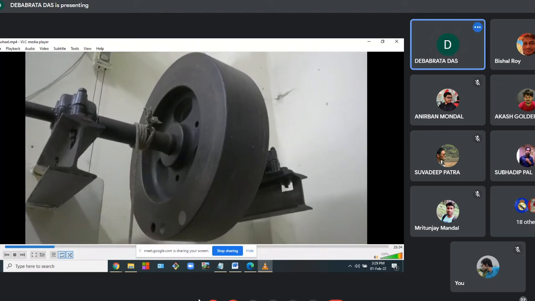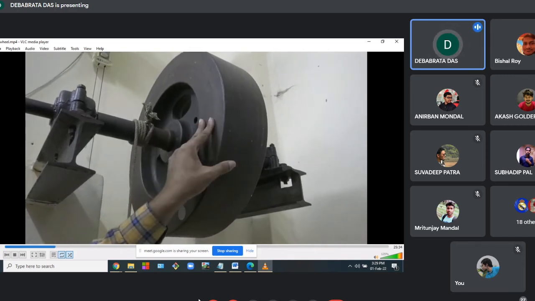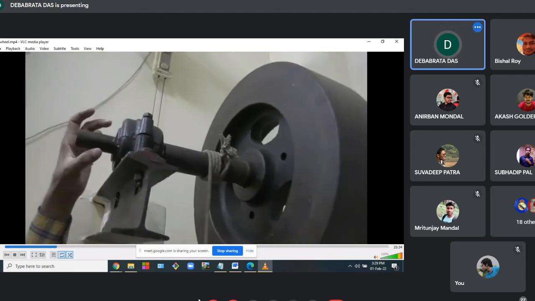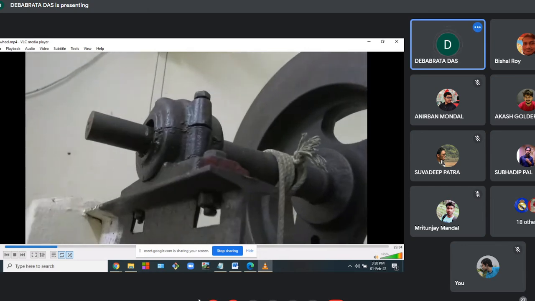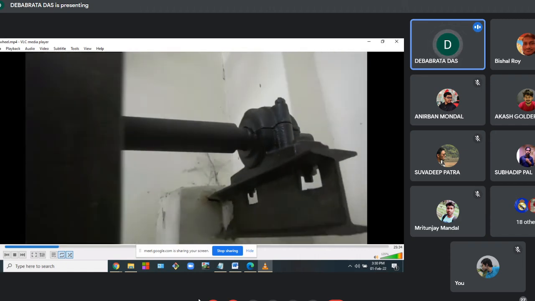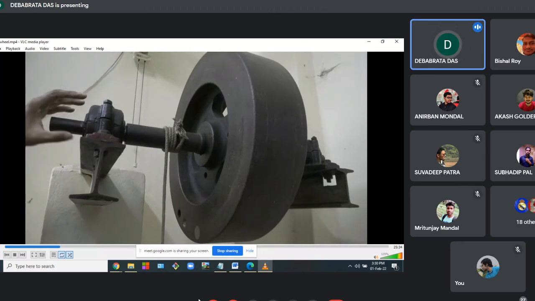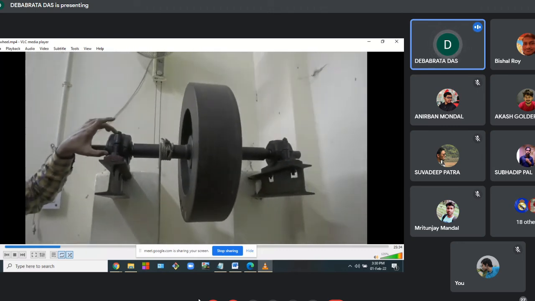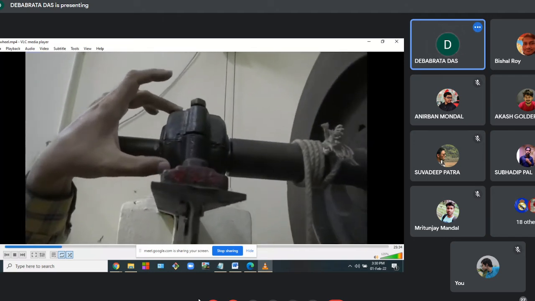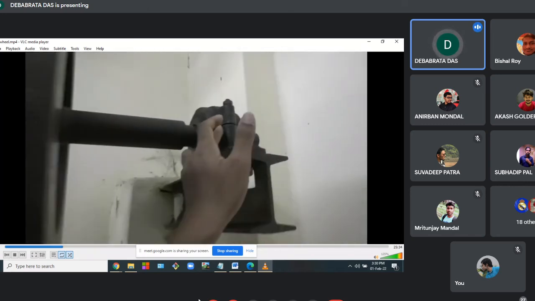How is this shaft supported, because we need to rotate this shaft and flywheel system? This shaft is supported on two sets of bearings. There is one set of ball bearings here, and another set of ball bearings here. These ball bearings are mounted on these blocks, called Plummer blocks. This Plummer block houses the outer race of the ball bearing. Another Plummer block is here as well, housing the outer race of the ball bearing.